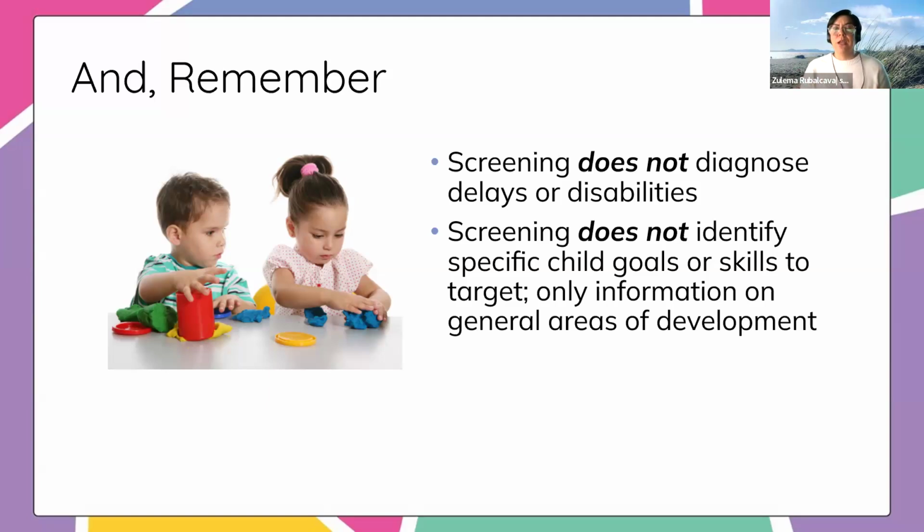So we don't want to teach to the test, for example. There are skills that the ASQ asks that you could maybe use as a goal, but not all of them, right? So, for example, there might be some skills around threading beads, right? So those fine motor skills. That is something that we want. We do want children to be able to use those fine motor skills for that, for scribbling and for coloring.